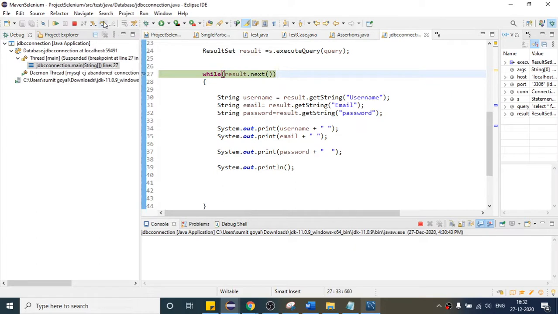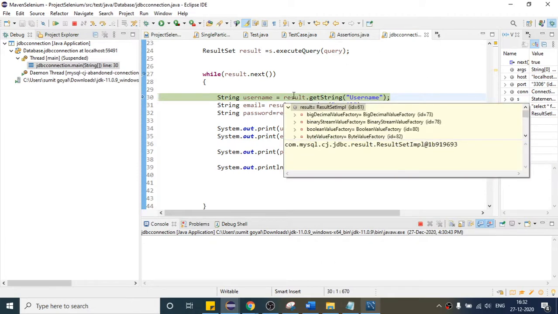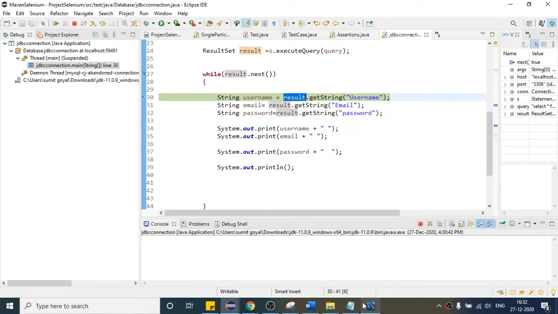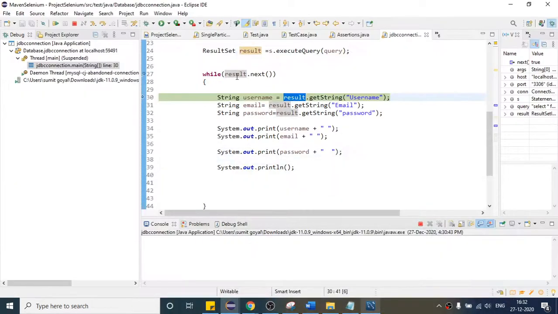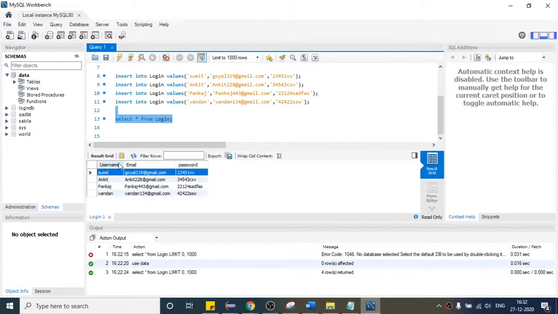So you can come inside, and after that I am saying from this result, as of now this result object is in our first row, because I am using dot next. So I am saying from this first row, get me the username column data. What is the username at the first row? This is Sumit.